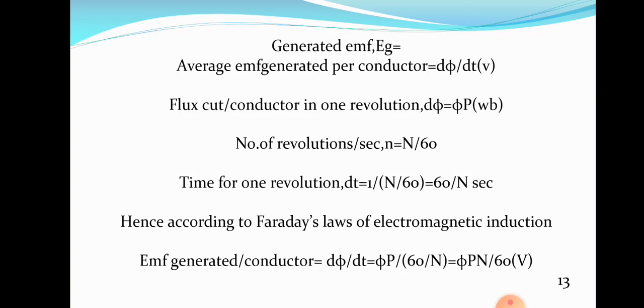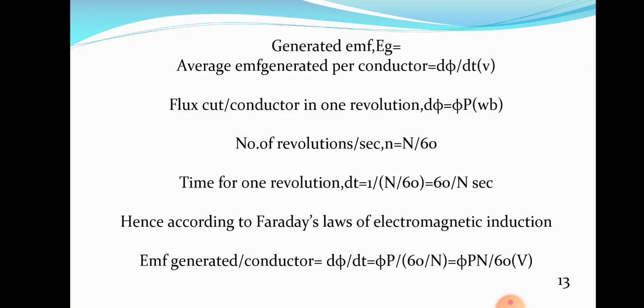So the machine is rotating at N RPM means, please understand, no need for confusion. Capital N RPM means revolutions per minute. That means there are capital N revolutions for 1 minute. So time taken for N revolutions is equal to 1 minute, which means 60 seconds. So time taken for one revolution is equal to 60 by N seconds.